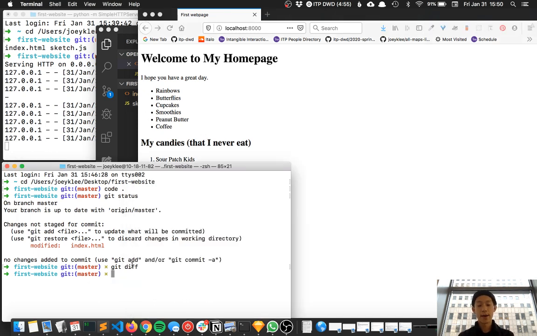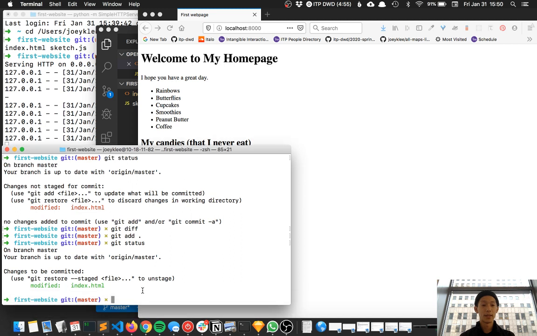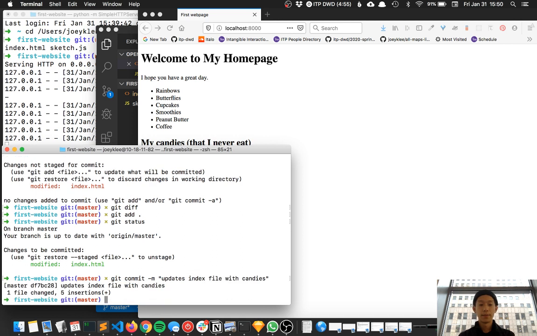So let's now do git add. And then if we do git status again, we can see that index.html file is changed. So let's do git commit -m "updates index file with candies". And now let's push this up to GitHub. So do git push origin